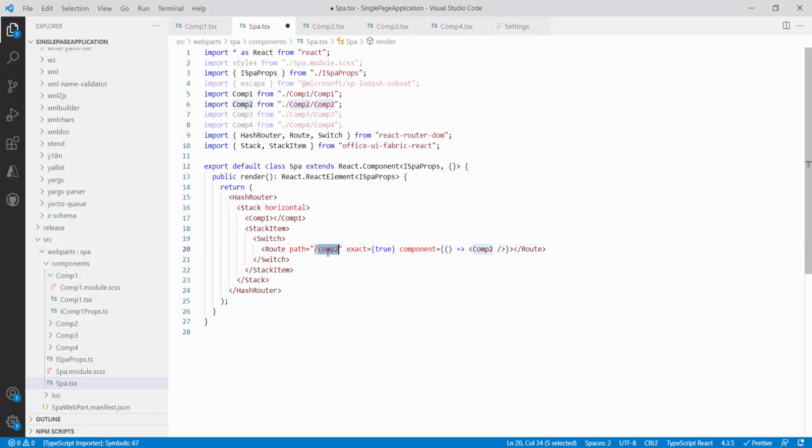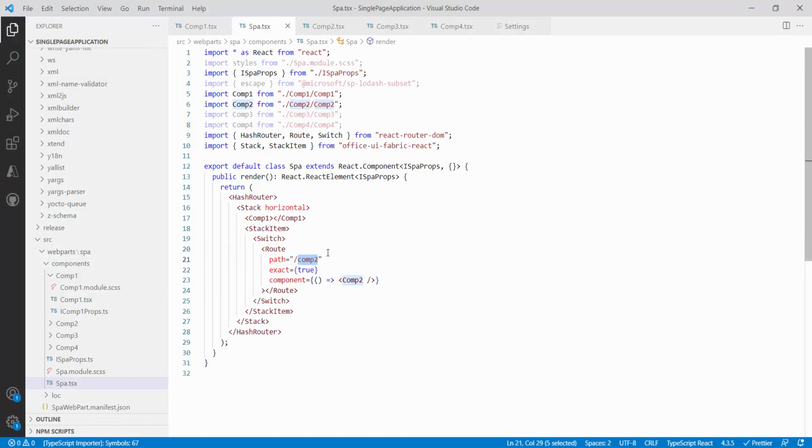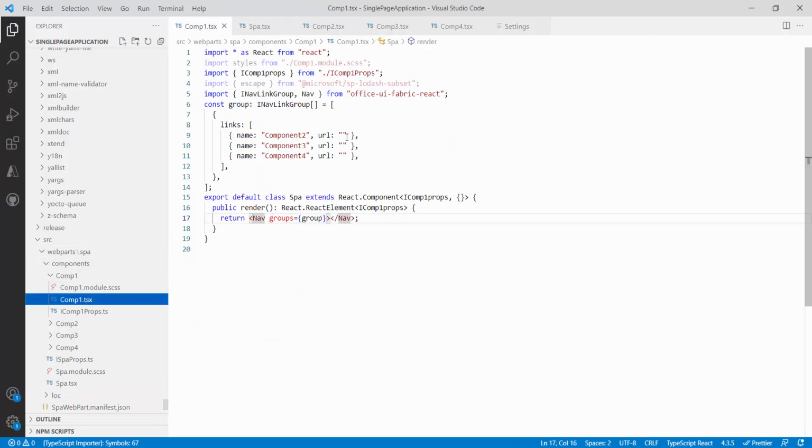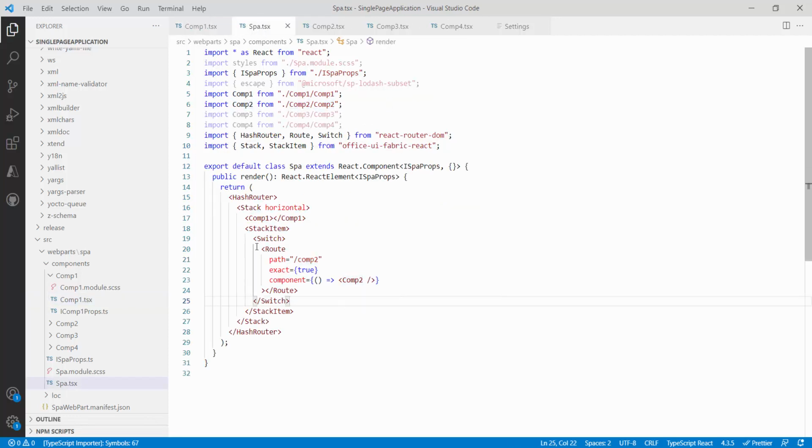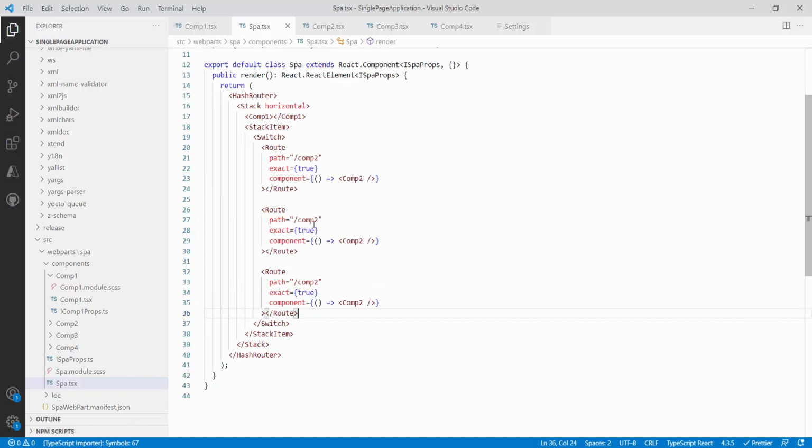In the same path, if you remember, the same path we have to give even in our left navigation, which is my component 1. So over here I will pass all the paths, slash component 2, and here slash component 3, and so on. With the help of this routing we will load our component. So this is done. Now let's come back. This is one route. I will copy it and change it. Change the path: component 3, component 4, here 3 and here 4.